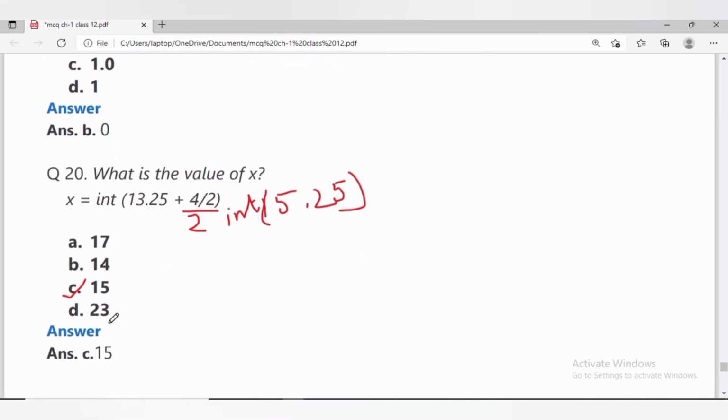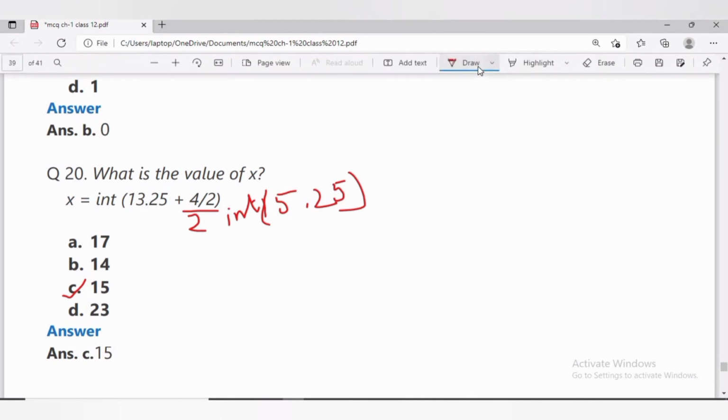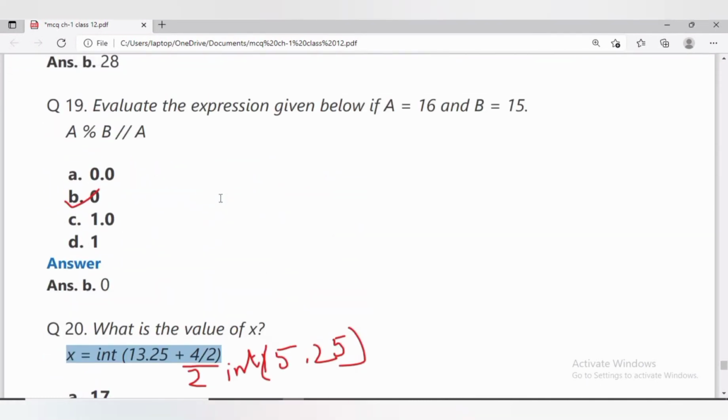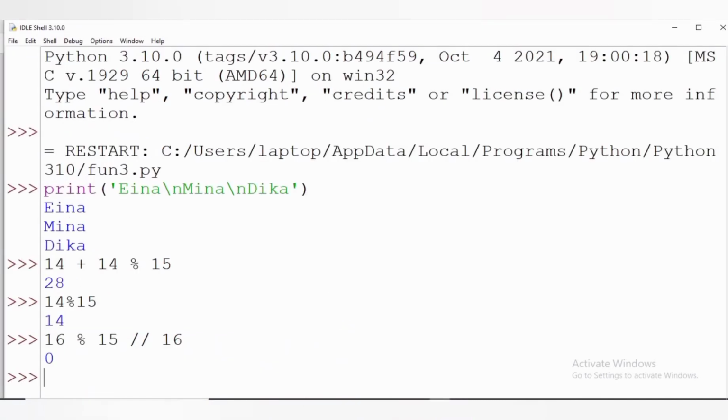Answer will be option C. Now we'll execute the same in Python. We will get 15.